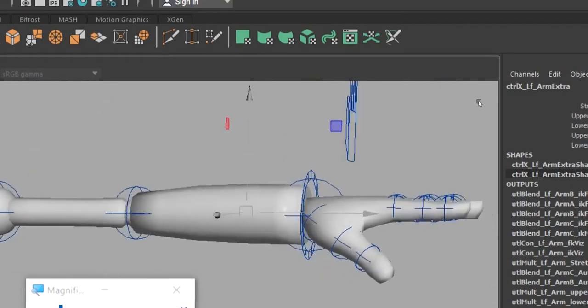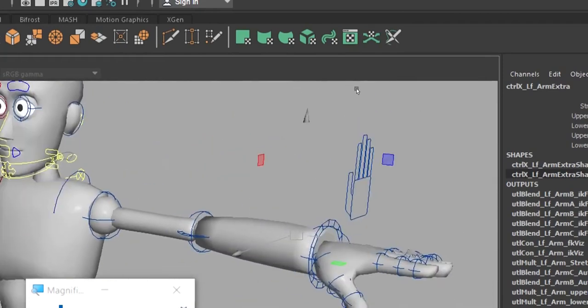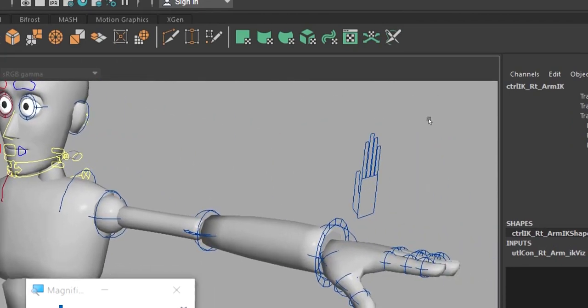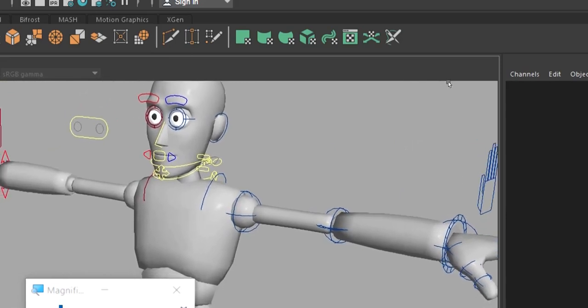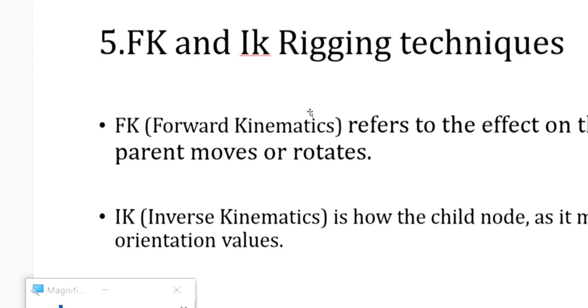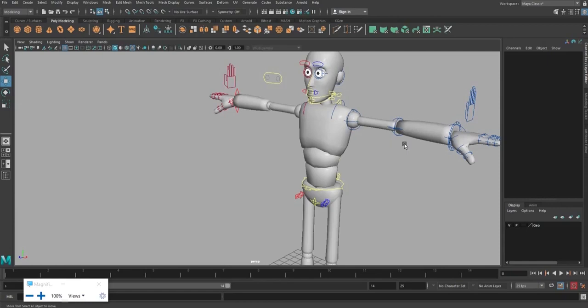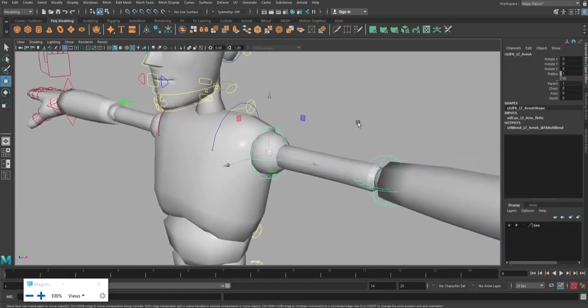And you can see the type of the controller has changed. See, in this hand it is still IK, but in this hand it became FK. See what it is saying: effect on the child as the parent moves. So we will see it here. This shoulder joint is the parent.